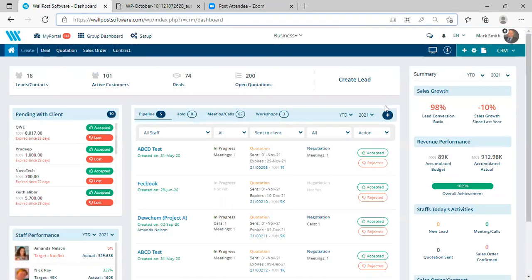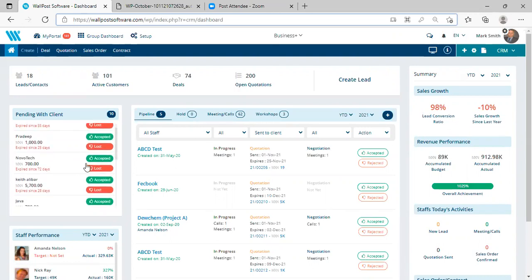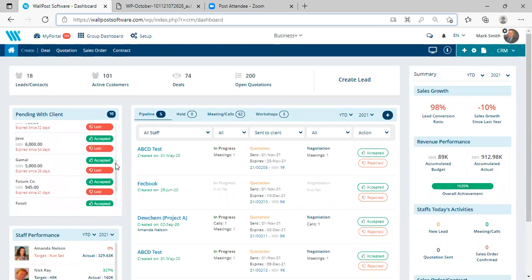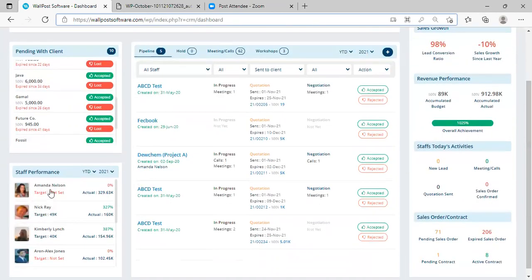And then I can also see all the proposals and engagements or quotations that I created for the customer that are pending for their approval or review. I can see it in a single click view over here. So all the quotations or contracts that I've created and submitted to the client, I can track it from here. Have they accepted or have they lost? I can track it from here. And I can also see a staff-wise performance, which of my staff members have been generating very good sales and is a value add to the company by bringing more business. I can see it from here as well.